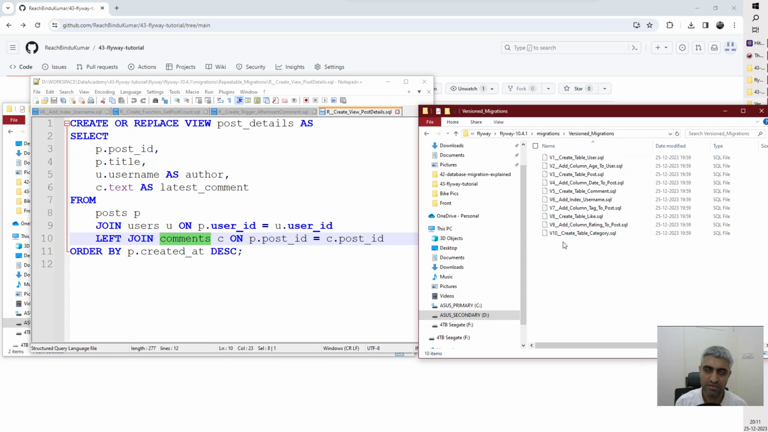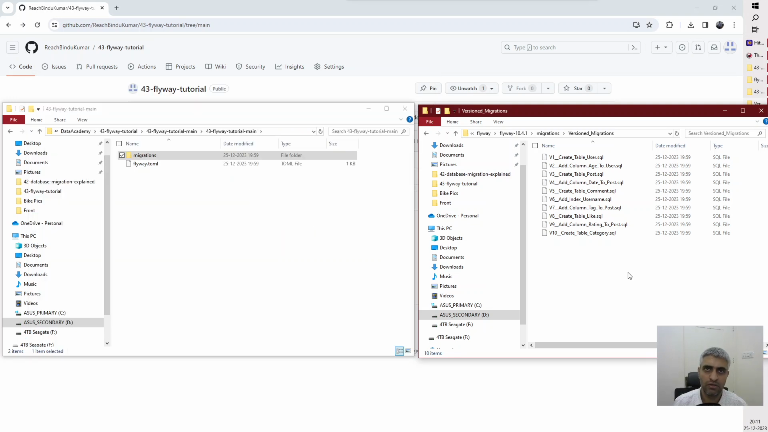As long as you keep this, Flyway will automatically understand that these are version migrations and these are repeatable migrations. So now that we have seen what version migrations and repeatable migrations are, let's get started with configuring our Flyway, right? So before we do that, what we are going to do is,